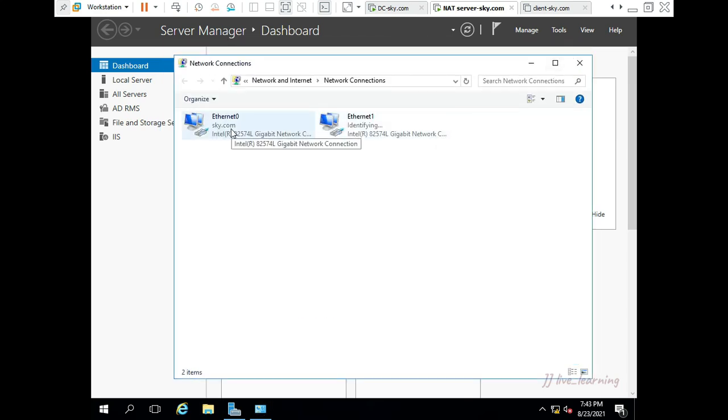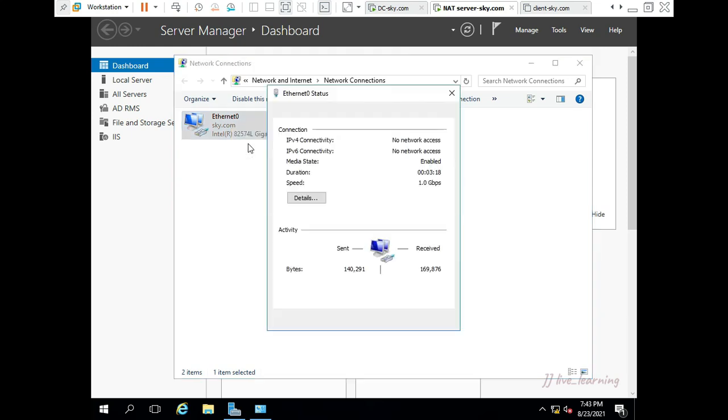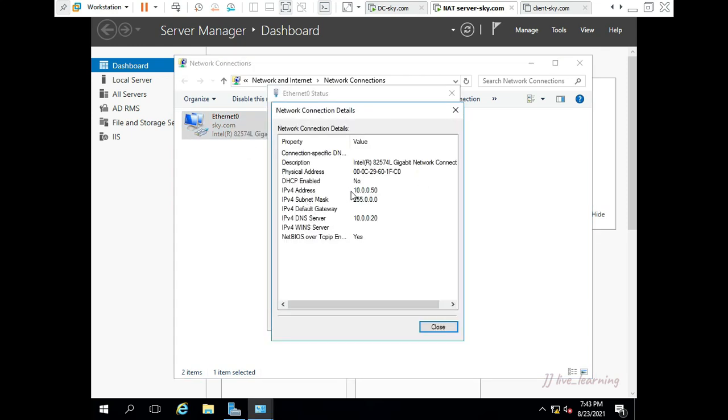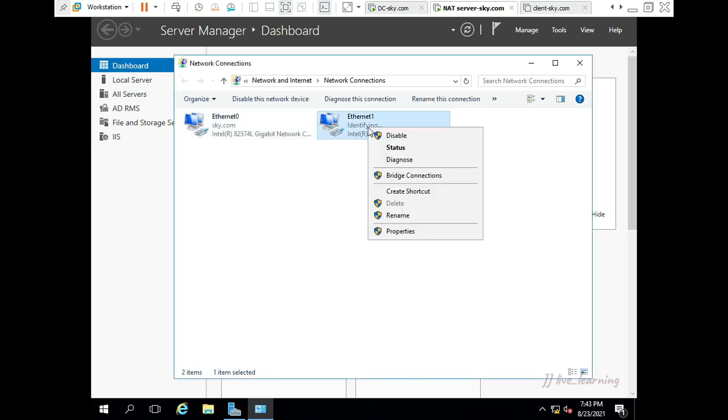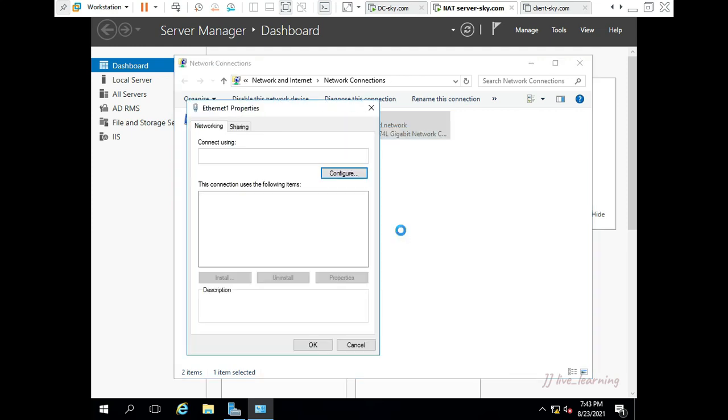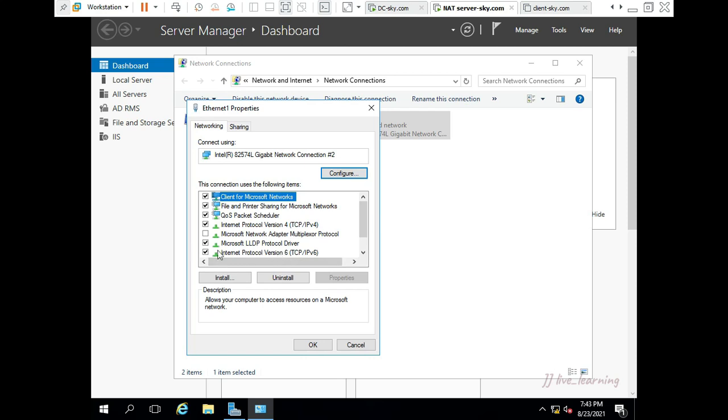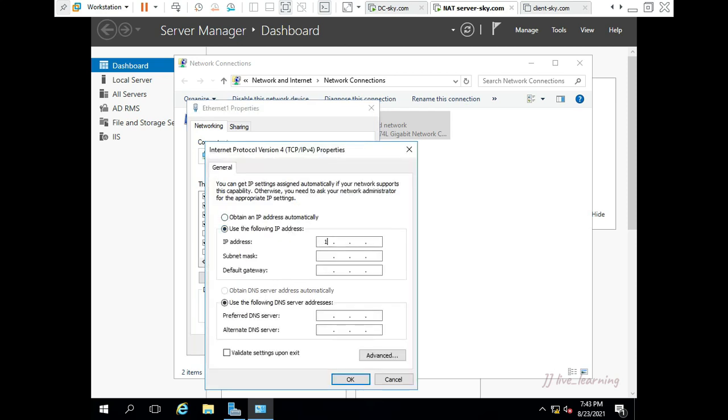So before configuring routing and remote access, we need two interfaces. One is a private IP address, another one is a public IP address. The 10 network will be the private IP and the 172 network will be the public IP address. We are assigning the IP address. 172.19.1.100 is the WAN IP address, and your intra-network IP address will be on the 10 series.